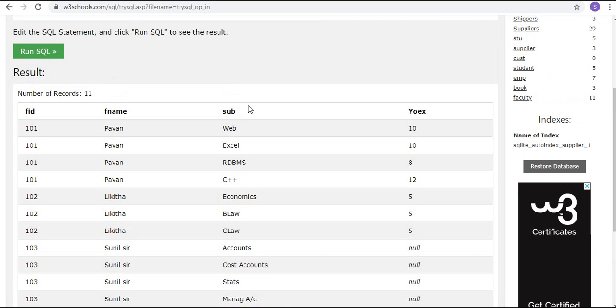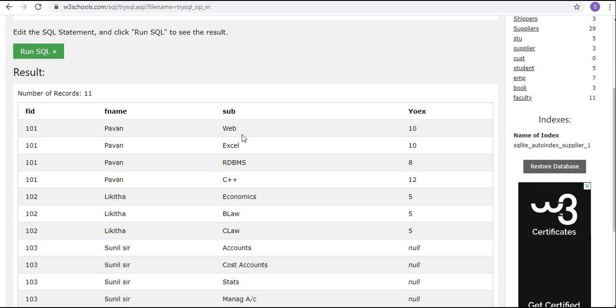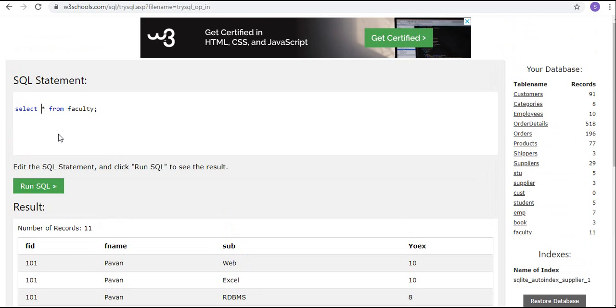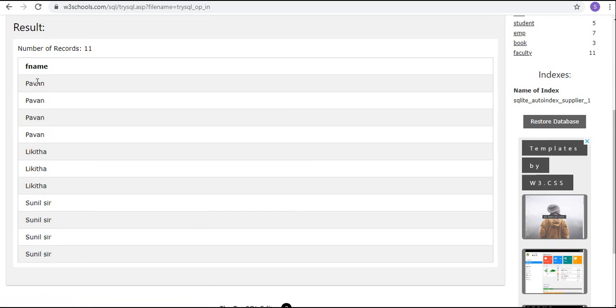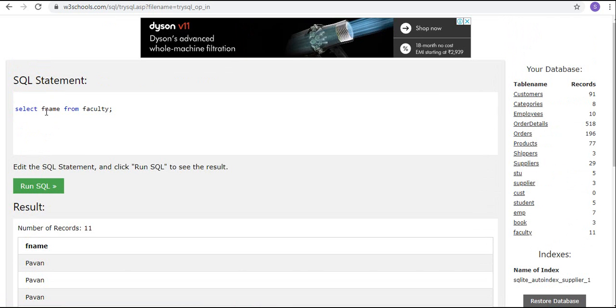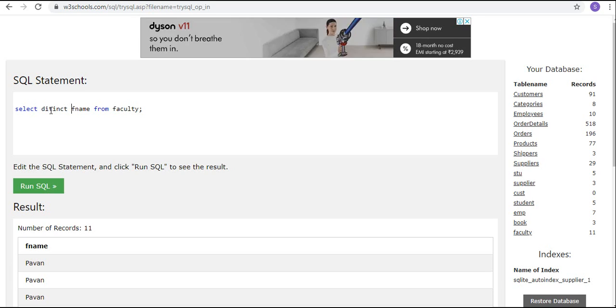Now we will see one option that is called distinct. So now if I write select f name from faculty, I will get duplicate values. Am I right? To overcome this, we have this command, distinct.